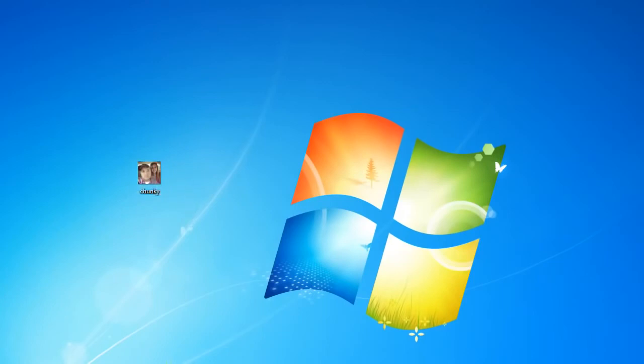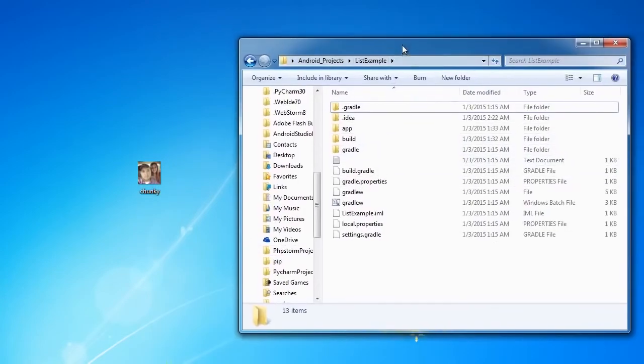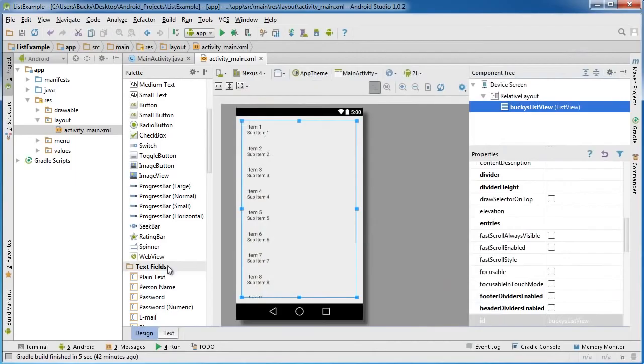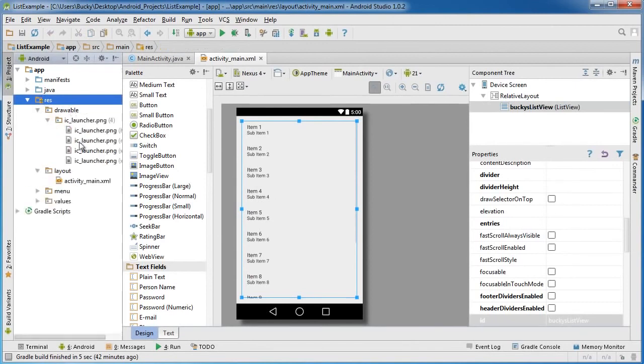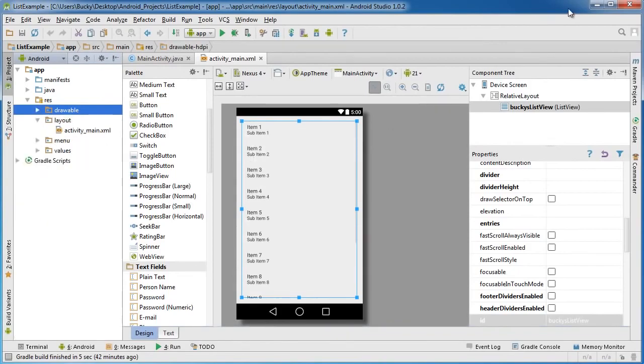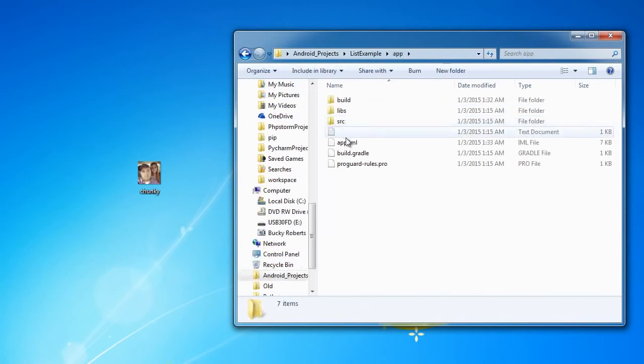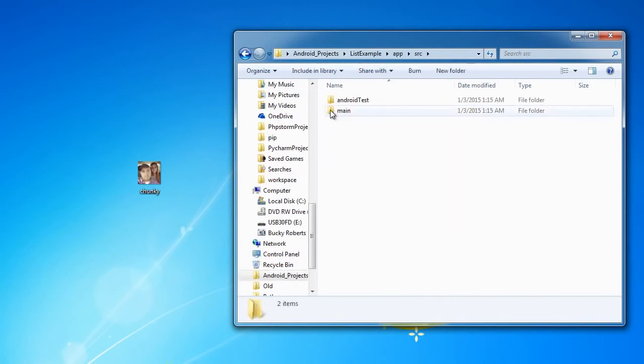I named it Chunky. Now go to your Android project that you're working on and just go to it in Windows Explorer and navigate to this. Remember, whenever we want to use images, we need to stick it inside the resource, drawable, and whenever we have images in here, then we can use them in our layouts. So that's what we're going to do. If you go to whatever your project name was, and you go to app, source, main, res, this stands for resources,